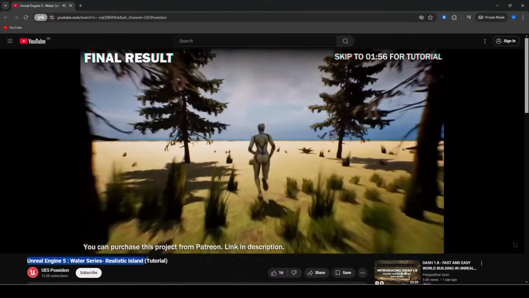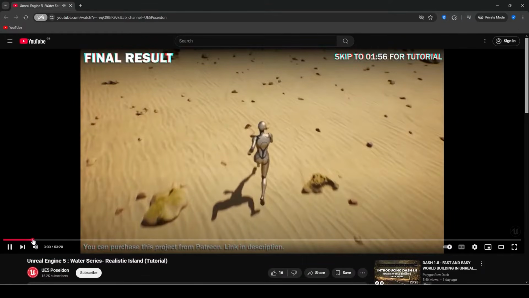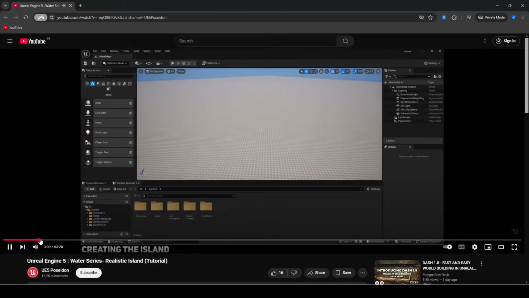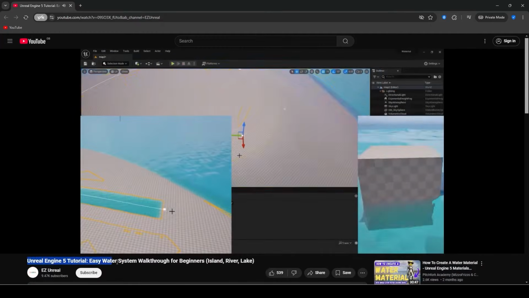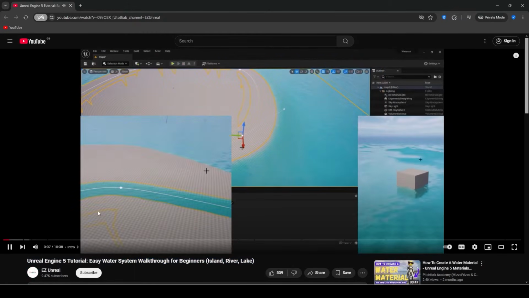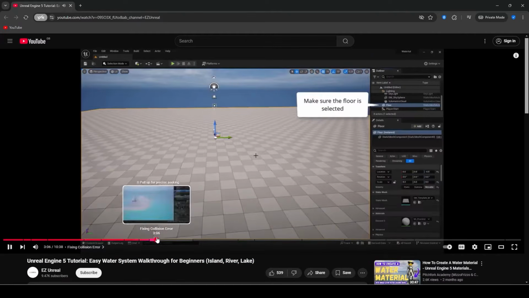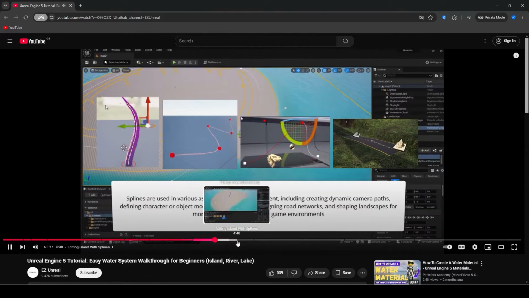This video will require the water plugin which I showed how to set up in the realistic island video. If you only want to make the boats, you can watch just the ocean parts of that video, or alternatively watch a different video on how to add water with the plugin, then come back to this video. Please comment down below if you are stuck with how to set up the water prerequisites, and I will help